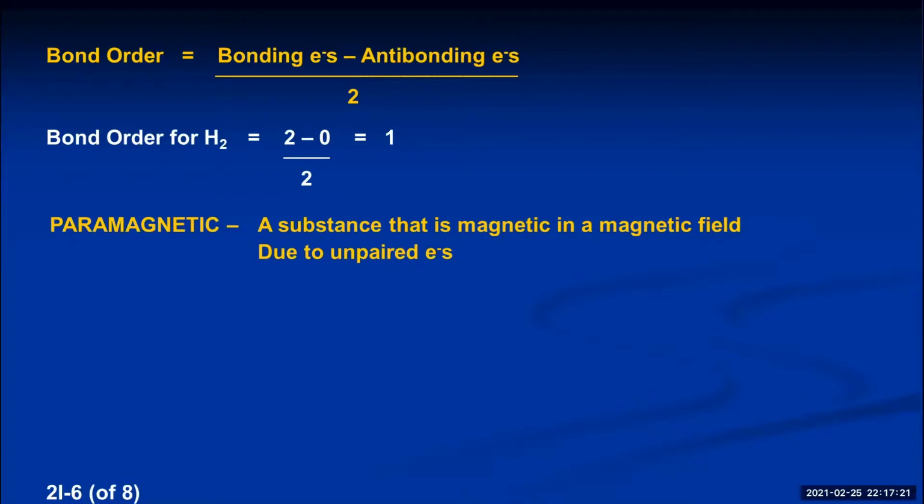Other things with unpaired electrons will actually not completely influence each other, so they don't all spin in the same direction. Aluminum is an example of something that has an unpaired electron, but one aluminum atom doesn't influence the aluminum atoms next to it very strongly, so they don't all start spinning in the same direction. So a chunk of aluminum is not necessarily magnetic. But if you put aluminum next to a true magnet like iron, then the iron magnetism will influence all the aluminum's electrons. They all start spinning in the same direction, and all of a sudden aluminum becomes magnetic